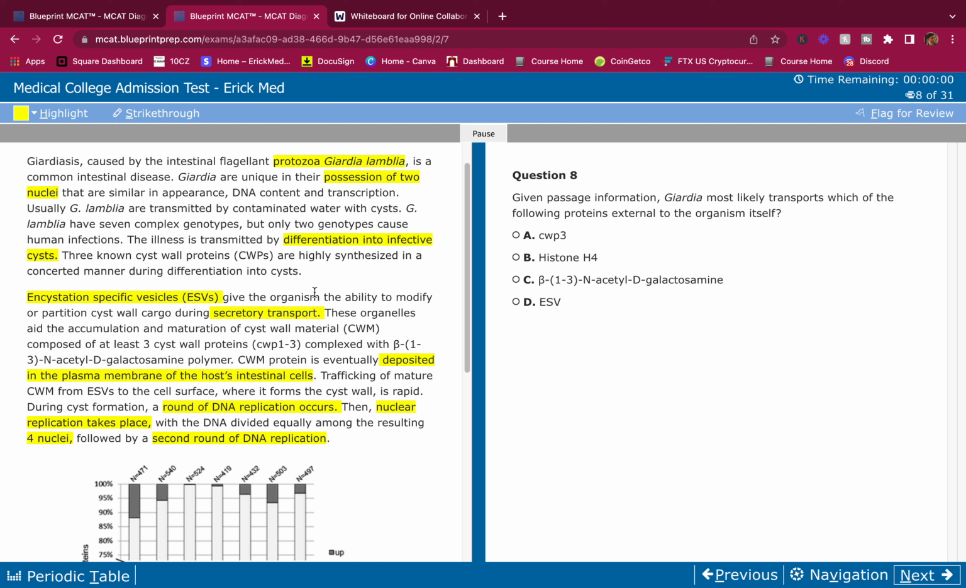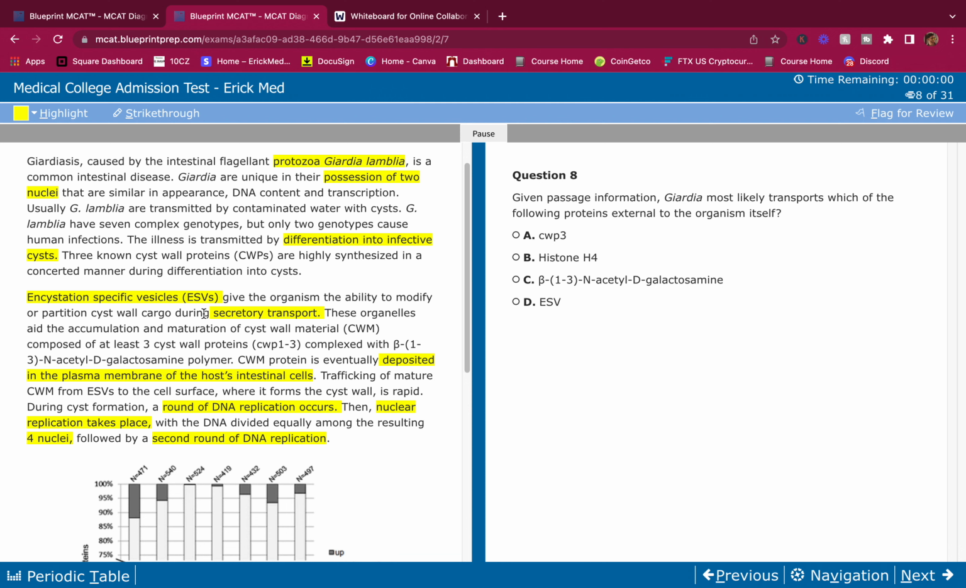CWP3, that is the wall, right? Yeah, that's the cyst wall protein complex with this polymer here. And this cyst wall protein is eventually deposited in the plasma membrane of the host intestinal cell. So that means that this protein had to be secreted from the cell. It had to be secreted from the